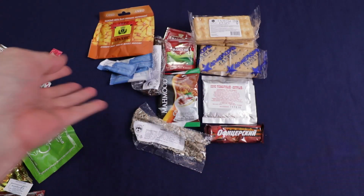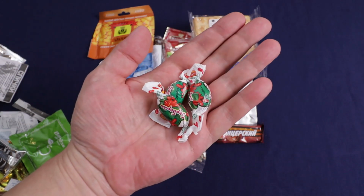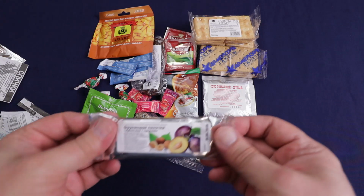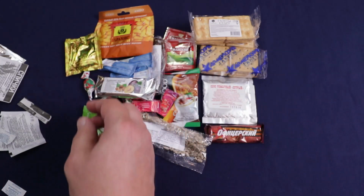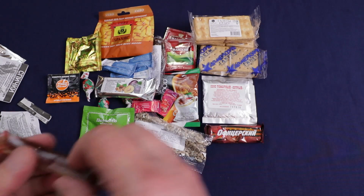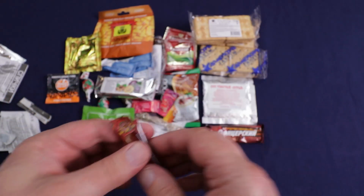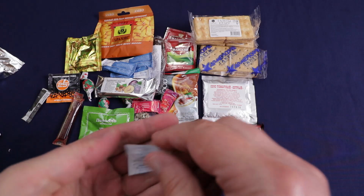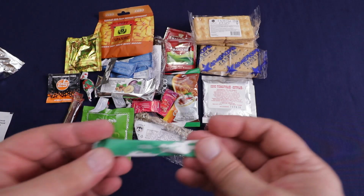Got 3 packets of sugar, 3 packs of gum, 3 bayberry candies, which is like a red fruit. We've got our apple jam, our prune and hazelnut bar. We've got our vitamin drink. We've got an orange and caramel energy drink tablet. It's like an effervescent tablet. We've got our packet of honey, which actually survived again because this little tear notch can get caught on a few things. I've had it break a few times and packs are kind of sticky. Was there 3? We have 4 water purification tablets, a packet of pepper, a packet of salt,